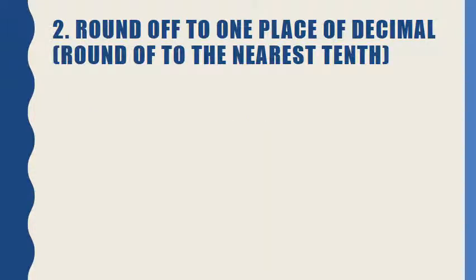Now let's come to the second question of this revision video lesson. So here what you need to do, you have to round off to one place of decimal. And what do we mean by the one place of decimal? It means to the nearest 10th position or to the nearest 10th place. So let us do the E part of question number 2, and this question number 2 is from exercise 11B. So the decimal fraction is